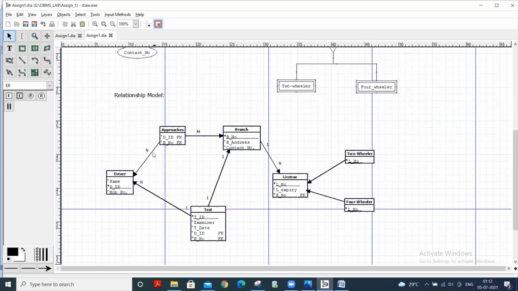Here driver ID is the foreign key from driver, and branch number is another foreign key from branch, where branch number is the primary key of branch. And a driver can take the tests and the branch issues license. It can be for two-wheeler or for four-wheeler.